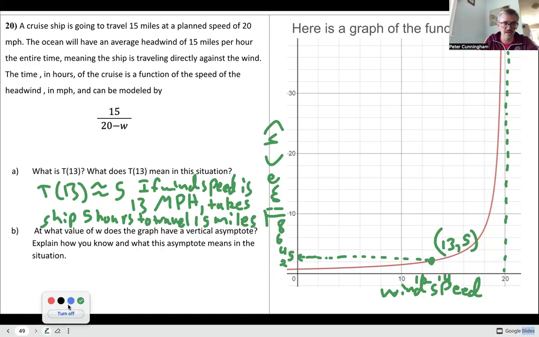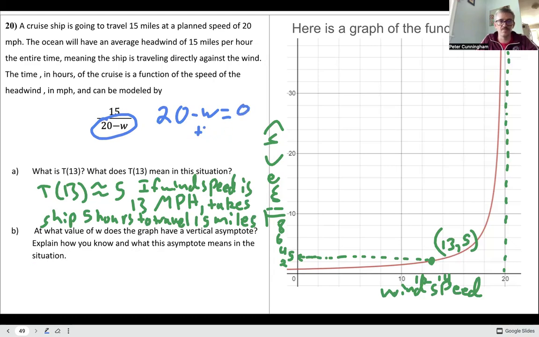Okay, well, I can actually solve that mathematically. I told you I'd try to stick with these with blue. Doing a good job, aren't I? All right, so 20 minus W, make the denominator equal 0, right? So add, oops, sorry. Add W to both sides. So if we had a wind speed of 20,